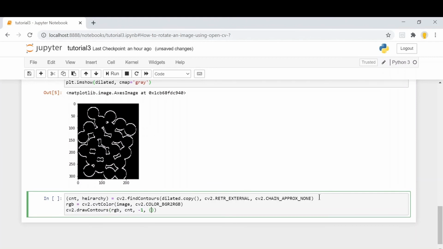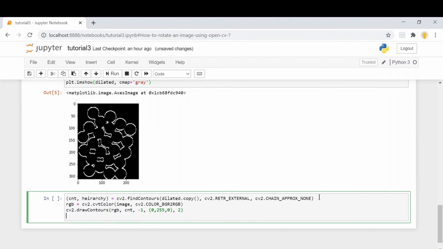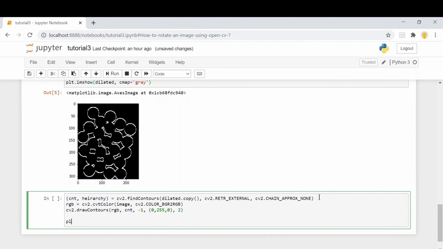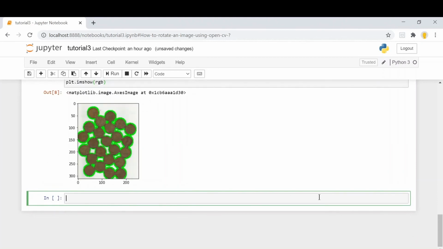The fourth parameter will be the color of the contours, so we'll consider green color, and the last parameter is thickness. So let's display our image with the plt.imshow function. We won't be using cmap now over here. Here you can see we have drawn the contours.